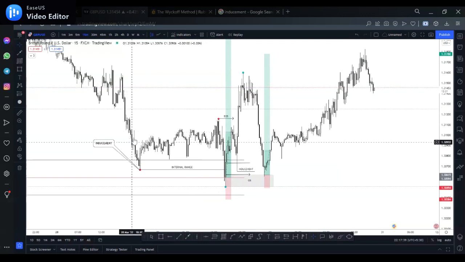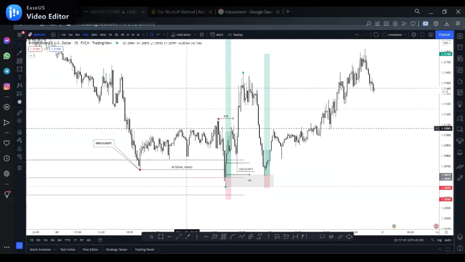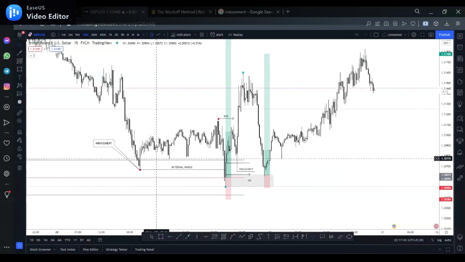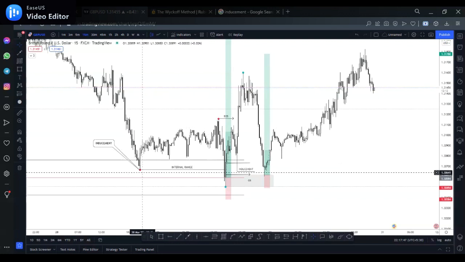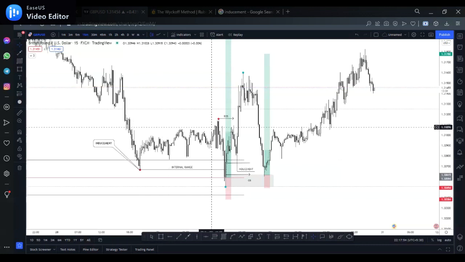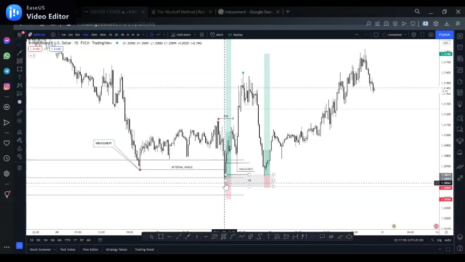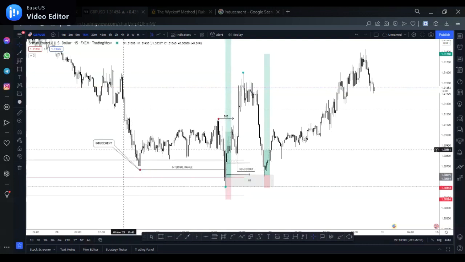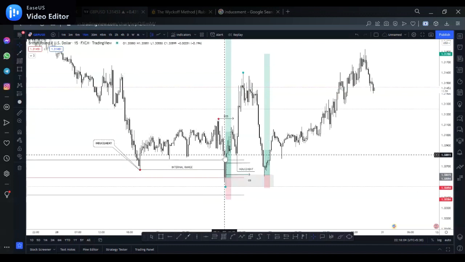This was the tight range to the book structure here and book structure again. So all this was just an inducement to get new buyers into the market, early buyers to break even. So all those who enter the market here are already on break even and feel like this is already a risk-free trade. So there was a stop hunt, and this stopped out all these guys because they have to accumulate to go back up. So this was all an accumulation happening right here.